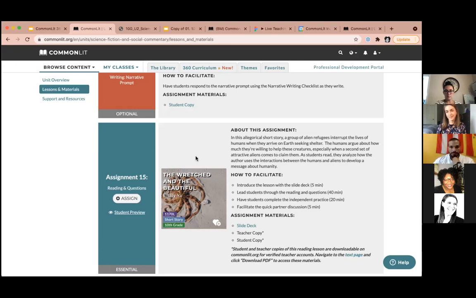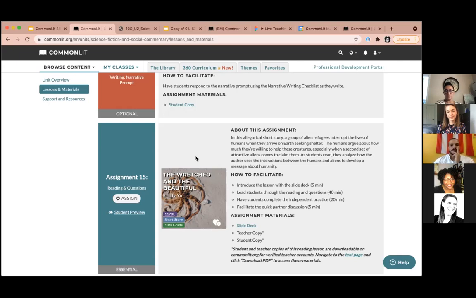And so one of the things that students get an opportunity to learn by reading a text like this is they get to make those connections to, do we see that in our world? How is that similar to our lives? So the 360 curriculum teaches students to get to the deeper meaning of a text. On its surface, it's a story about aliens arriving, but what is it really saying? What's the theme? What's the message?